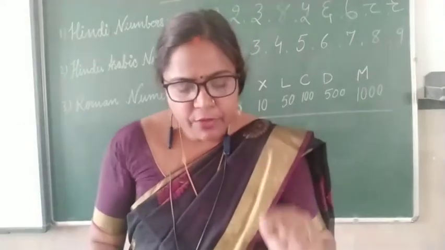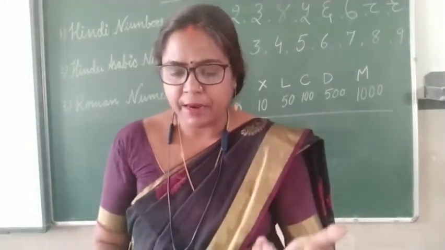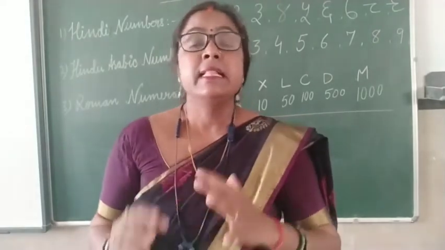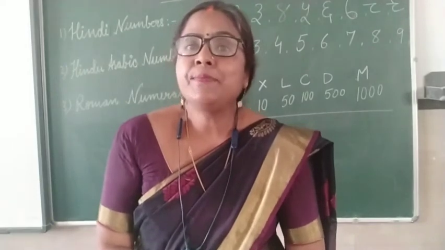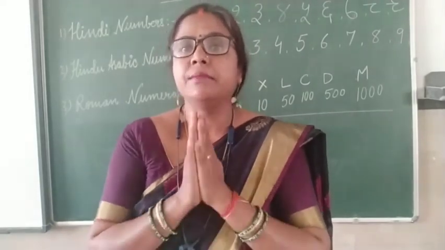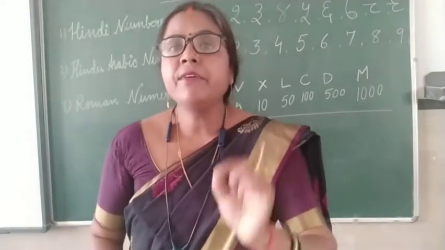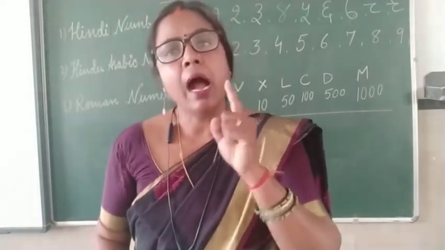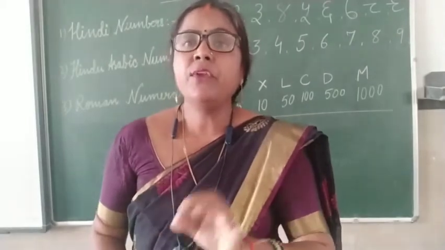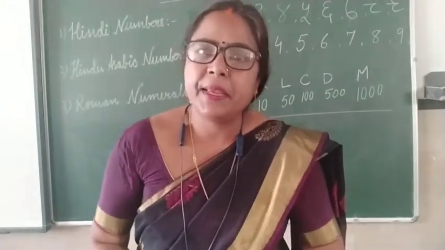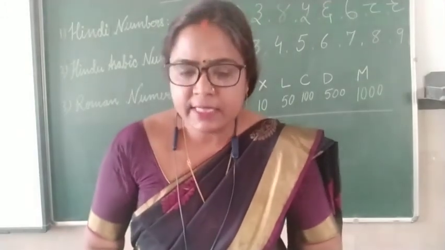Whenever you are forming numbers of 6 digits, 7 digits, 8 digits, this is the common mistake children make, I am telling you. So please make sure that when you are writing or framing numbers from the given digits, never ever put a comma after every digit. You will only put a comma to differentiate between the periods. I hope these things are clear.